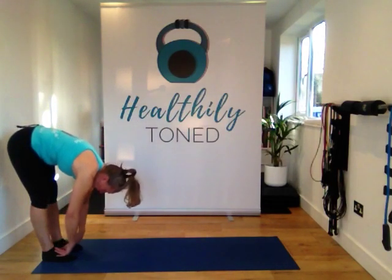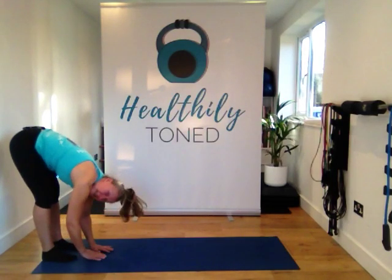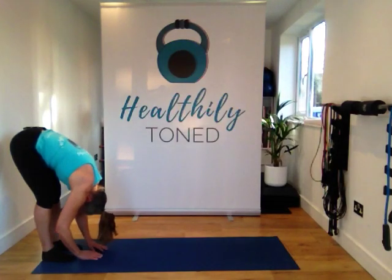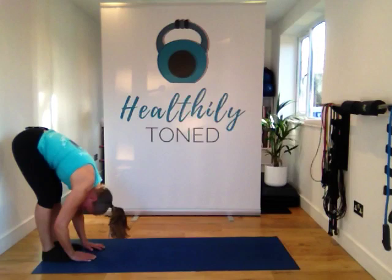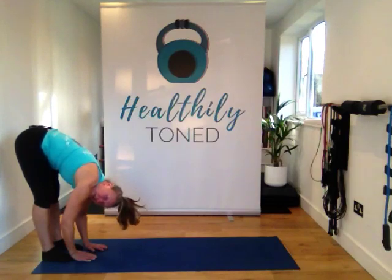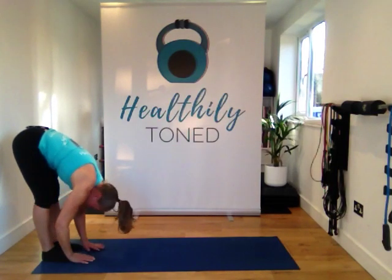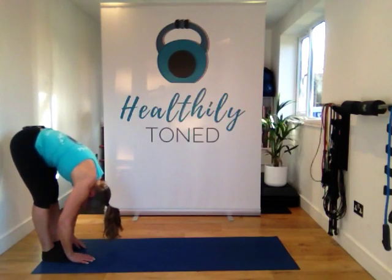Really trying to imagine, to feel each vertebrae and see if you can go just a little bit lower. See if you can tuck that head in towards those knees just a little bit more, and then see if you can push back, lengthen through the backs of those knees. It's really going to increase that stretch down through those hamstrings, and then